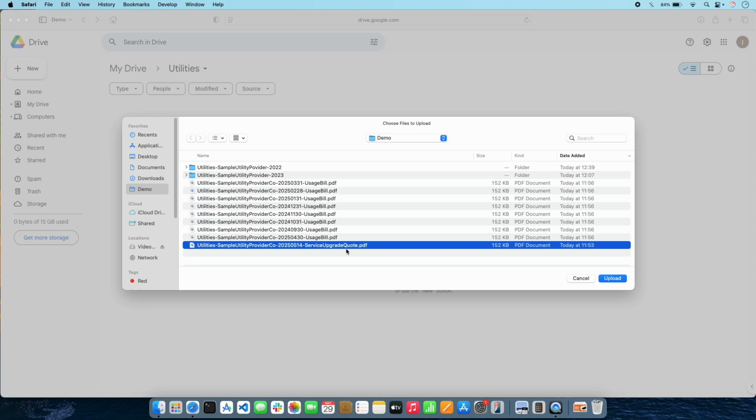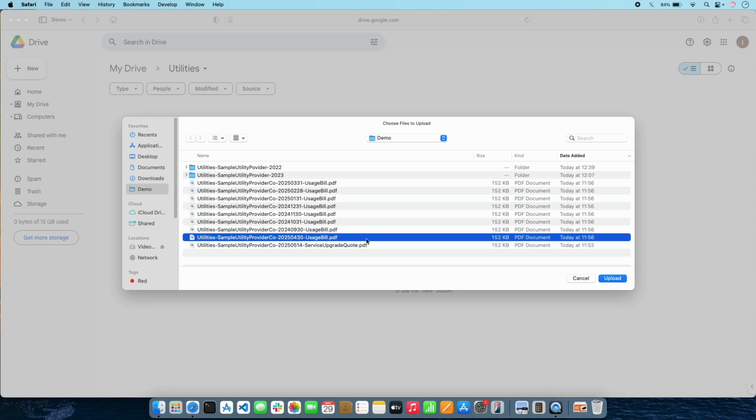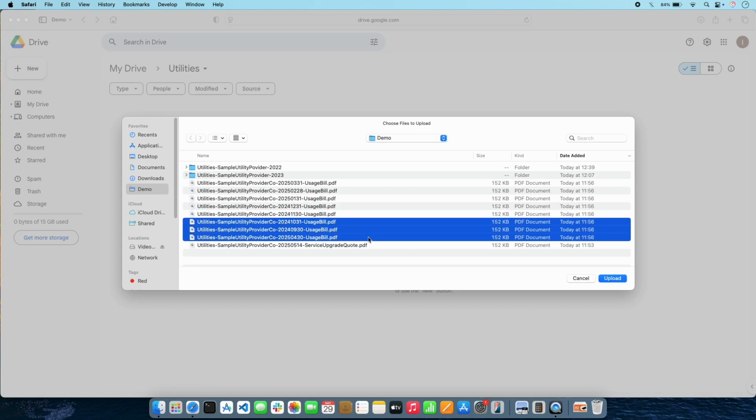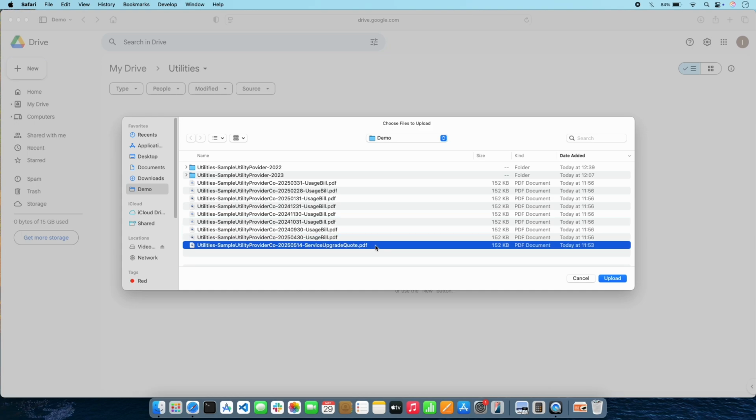Here's another tip. It is possible to choose more than one file to upload. In fact, multiple files can be uploaded at the same time, which can save a lot of time if you have many files you want to upload to Google Drive. If you're interested in more information on how to upload multiple files to Google Drive, or how to upload a folder, I've made specific videos on both topics, available on the screen now and linked in the description below.